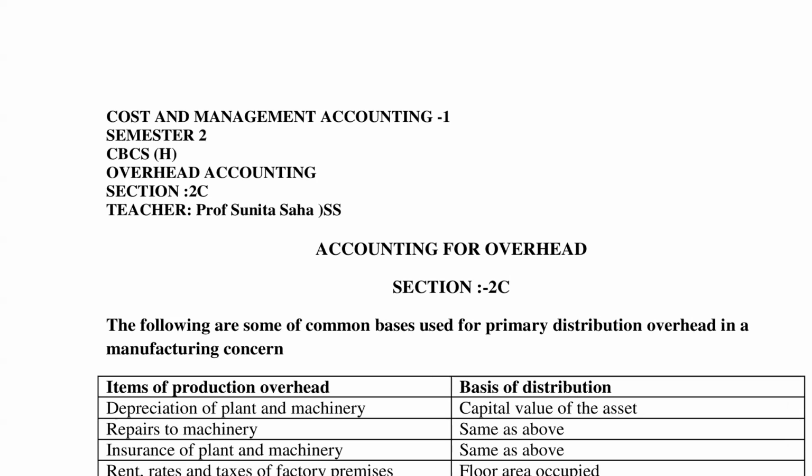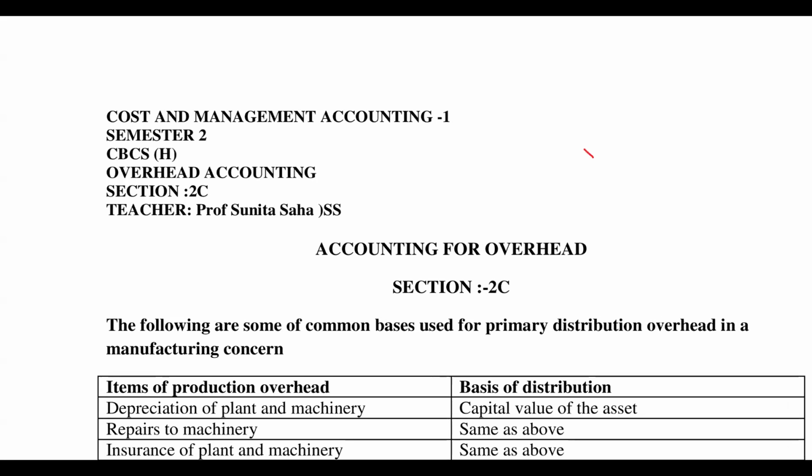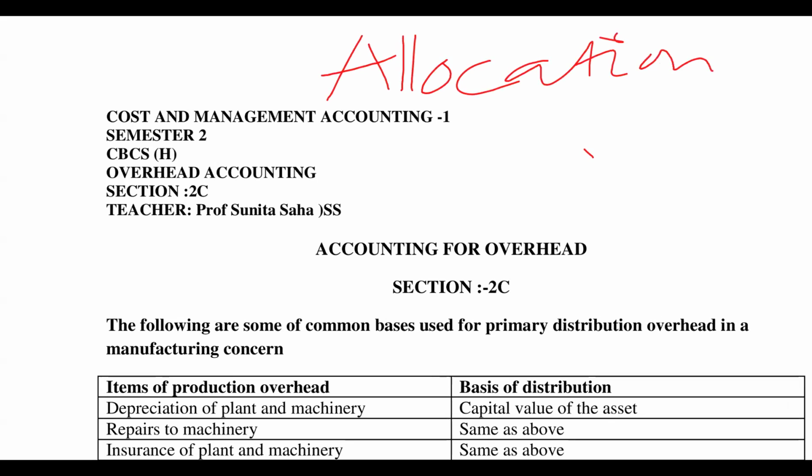Yes. So just as we said in the previous conversation, the accounting of overheads follows three processes. The first one is overhead allocation, the overhead cost allocation. By overhead costs, we said these are just the indirect costs. The overhead costs always refer to the indirect cost. So what happens is that these indirect costs are given to specific cost centers, and